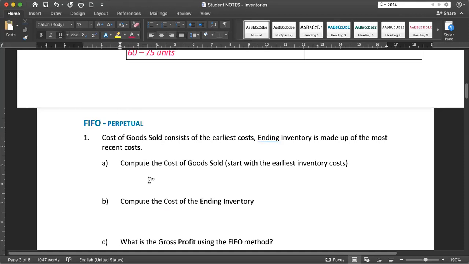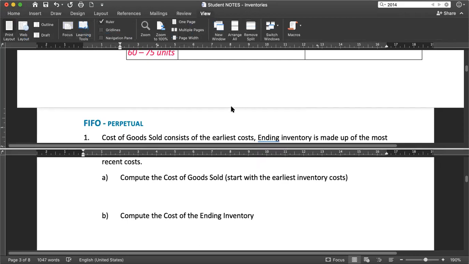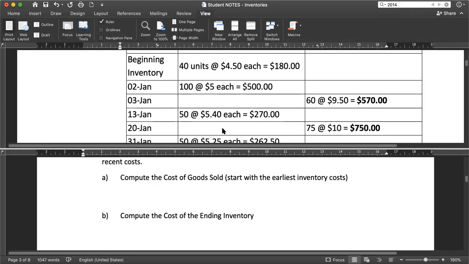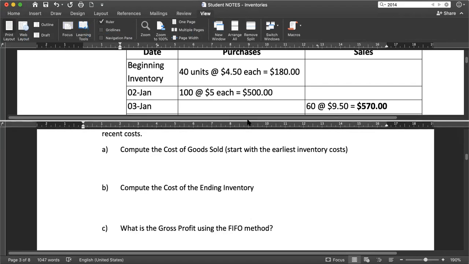So let's start off here with computing the cost of goods sold. I'm going to split the screen so that we are able to see. There were 60 units that were sold, and we're going to start off with the earliest